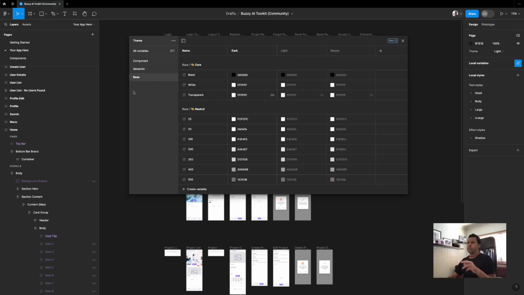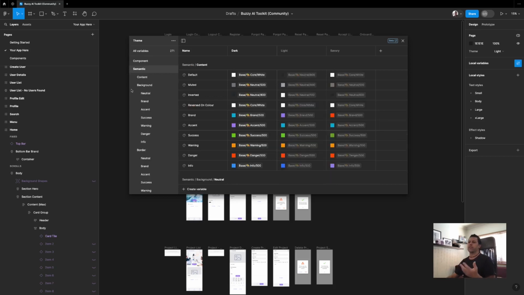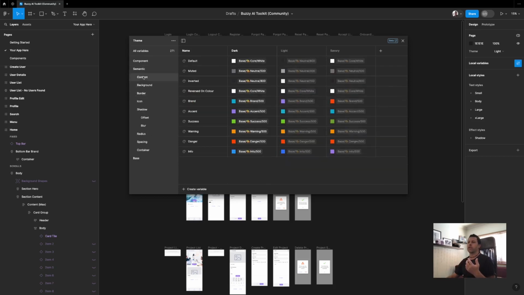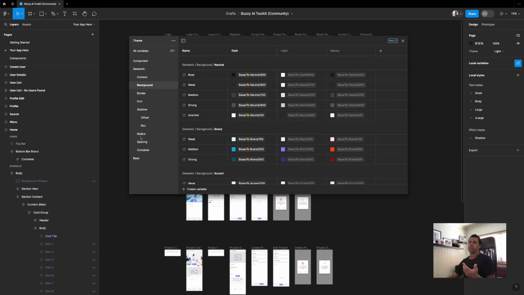The variables themselves are organized as base variables. So this is kind of like just our palettes and things. There are semantic variables. So these are like our design tokens. So it's defining, for example, that content within the dark mode is by default white. There's a muted set of mode for content, there's an inverted mode, then there's brand and so on, accent, successful, and then the semantic tokens, the colors, are then used. The same applies to backgrounds and borders and so on. Also things like spacing, sizes, and border radiuses. So again, they're defined